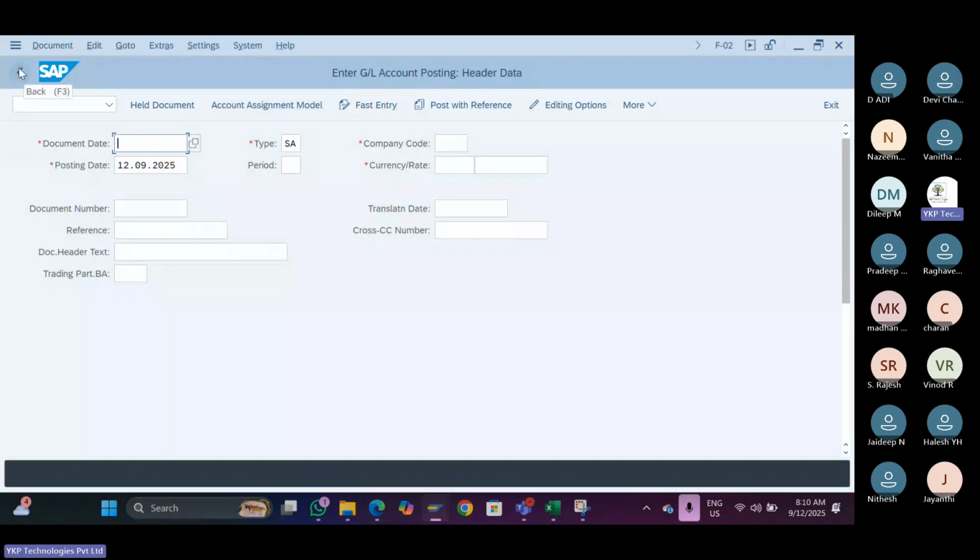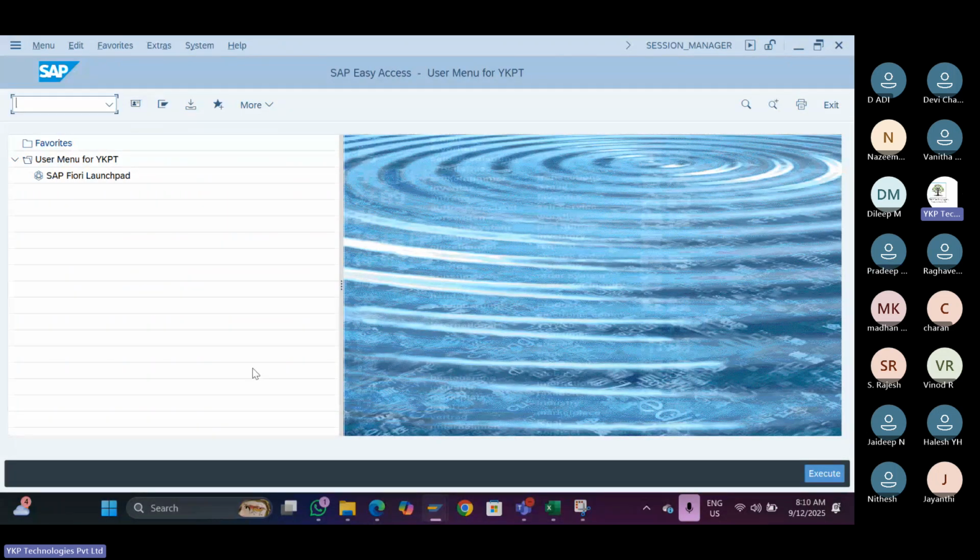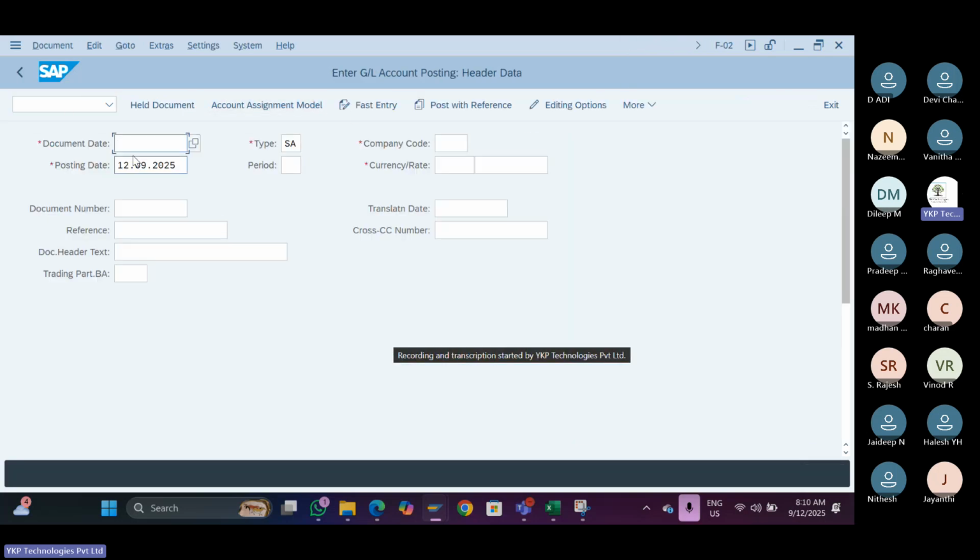Suppose the same screen, the same transaction I'm in, the same way I logged in, this graphical user interface is there, right? This is getting changed. If I go to F-02, how is it looking? See, this is like here and here, and the pattern is different. Here it is coming hold assignment, and somewhere it will come. If I change it to